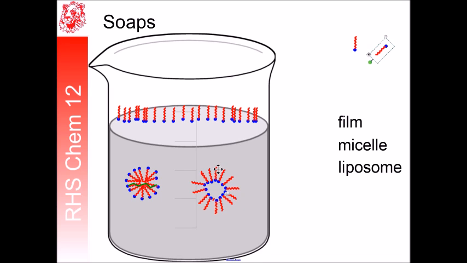However, we can start adding some more soap molecules out here, where now this guy is going to be pretty happy because the polar head group is facing the water and its greasy tail is in between two other greasy tails. And so that's going to be pretty good. And if I continue doing that,